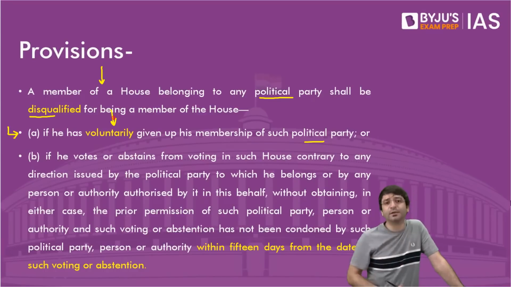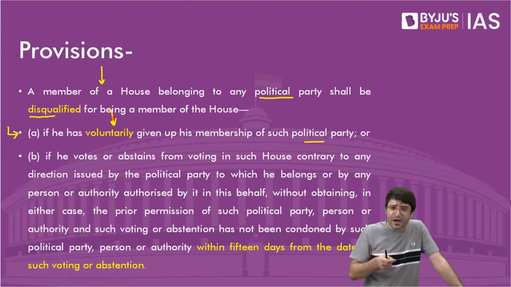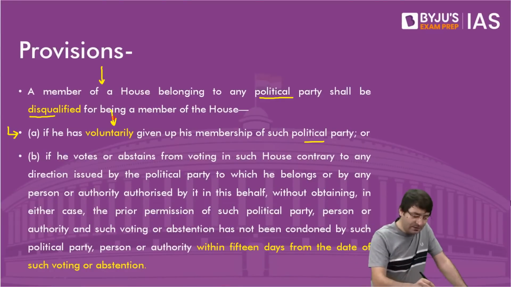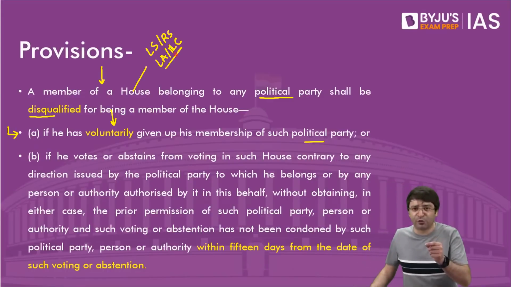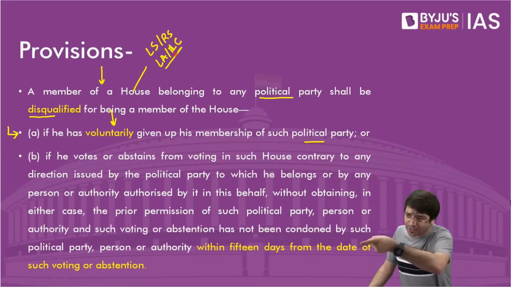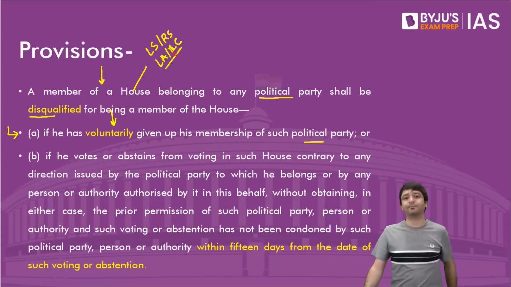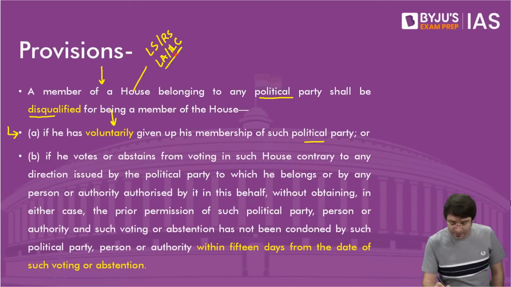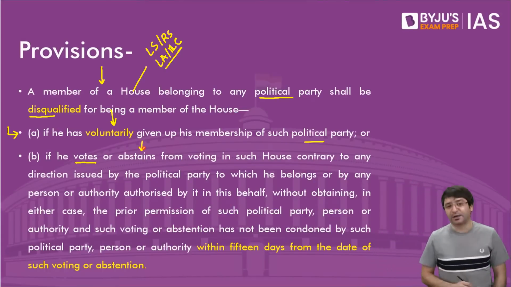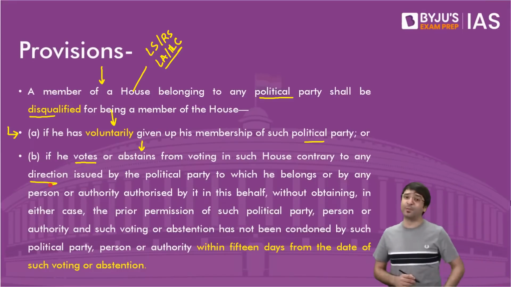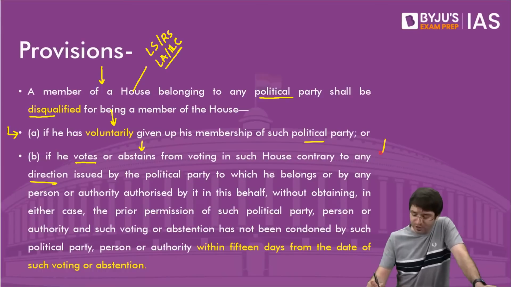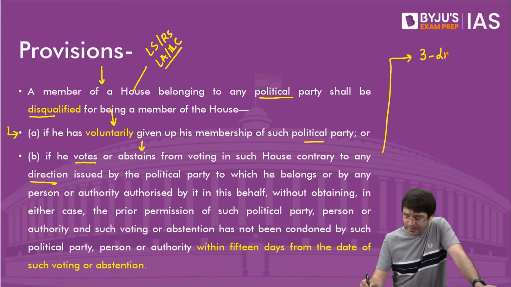That's provision number 1. That means if a member of a house, which can be either Lok Sabha or Rajya Sabha, Legislative Assembly or Legislative Council, that means this anti-defection law is applicable to Parliament as well as state legislatures. If a member of a house belonging to any political party voluntarily resigns from that party, you will be disqualified. Or if he votes or abstains from voting contrary to any direction issued by that political party, that means if you are violating a 3-line whip,